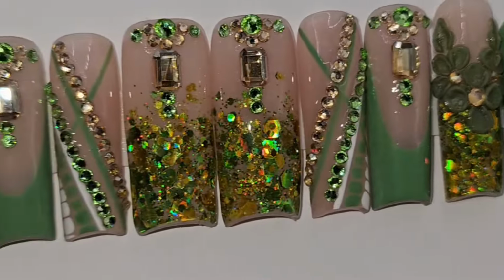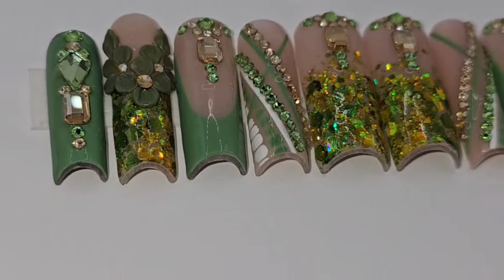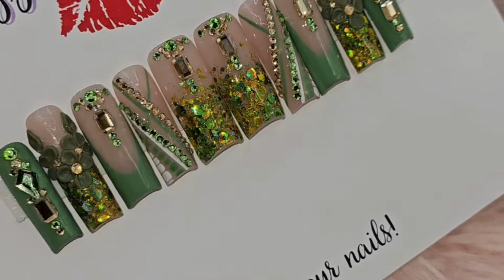This is the finished result. I absolutely love them. They came out beautiful, nice crisp shape,